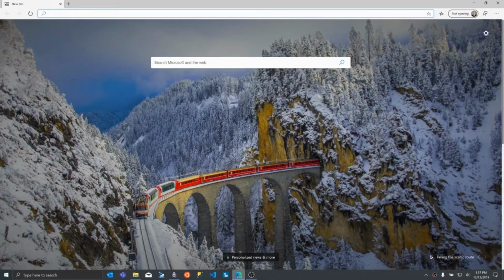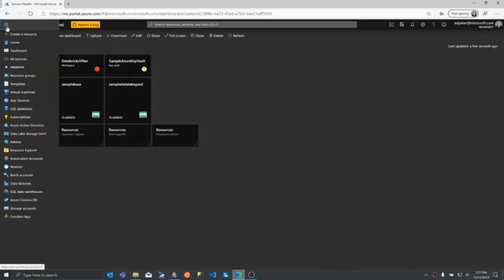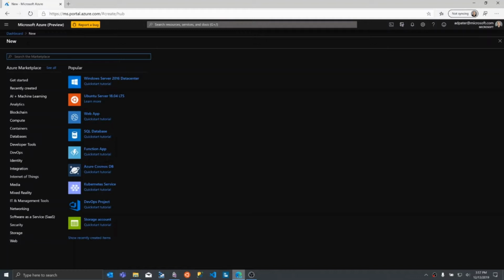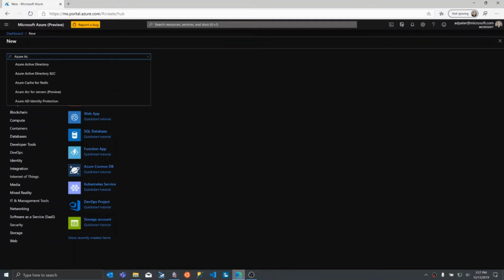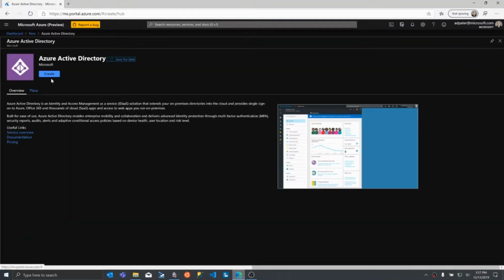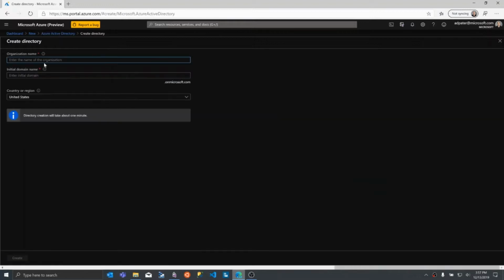So I'm going to open a browser, and then go to portal.azure.com. Once here, I'm going to click on the hamburger menu at the top and select Create a Resource. I'm going to type in Azure Active Directory, which should pop up, and you can click on this and then click the Create button. So I'm going to call this a test tenant, so I'll call it